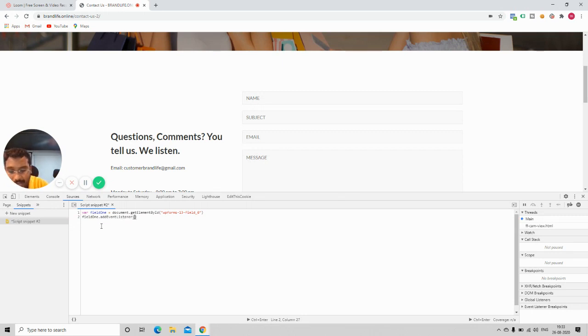The event listener, this is the syntax, and I give the name of the event. I give the name of the event as click, and I call a function. I will say fire1 and then false, because I don't want this to bubble. I don't want this event to propagate to the parent element or the child elements. So I want to stop the event propagation.